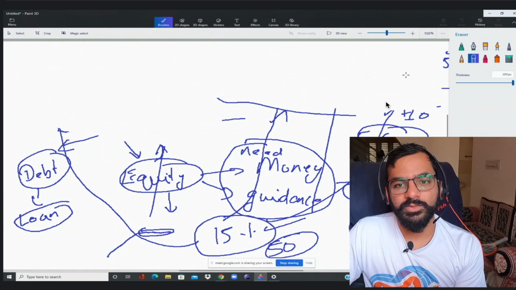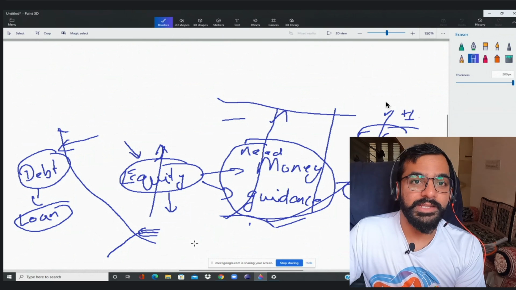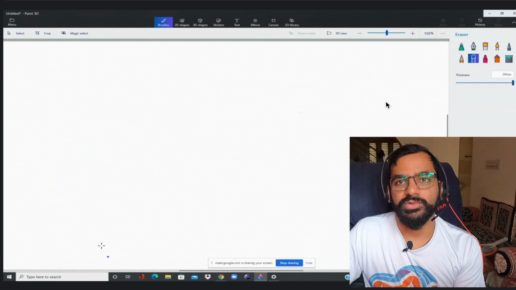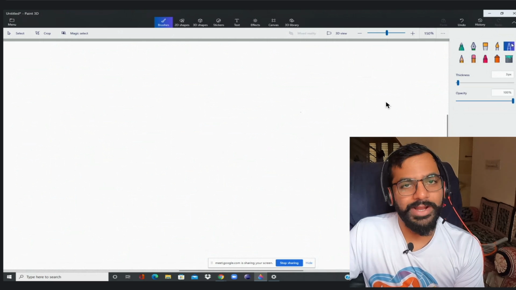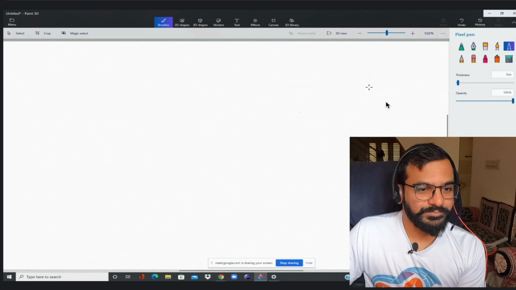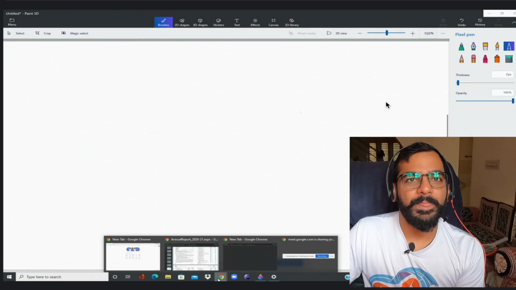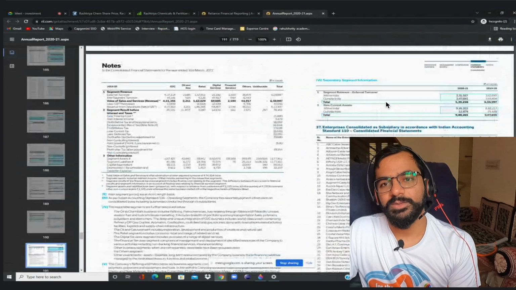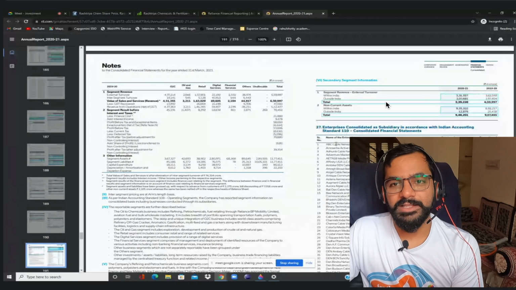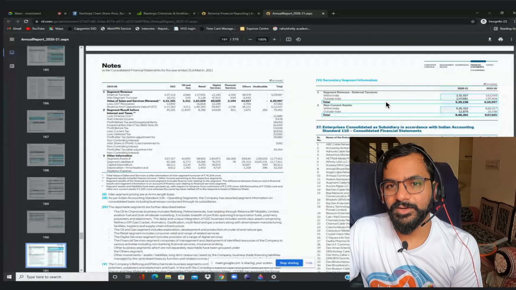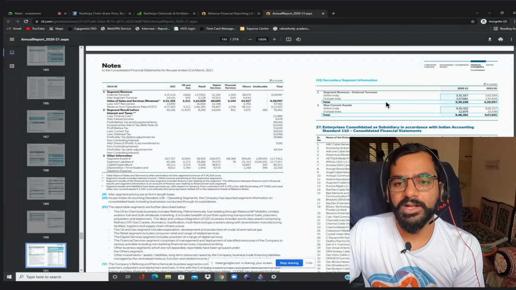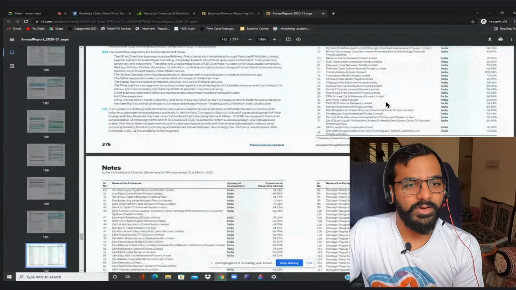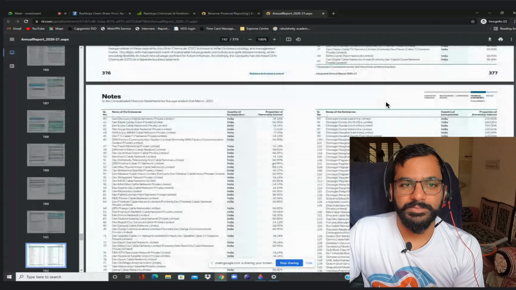Not new technologies. New technologies are already made. People who have already made it need investment to grow more, from people like you who have already made a fortune. Now, why did I say that? Because if I go to this report, you can see something called enterprise consolidated subsidiaries. This means Reliance also owns a share of these companies. Some are 100%, some are 30%, some are 60%. Profit made here also comes to them.